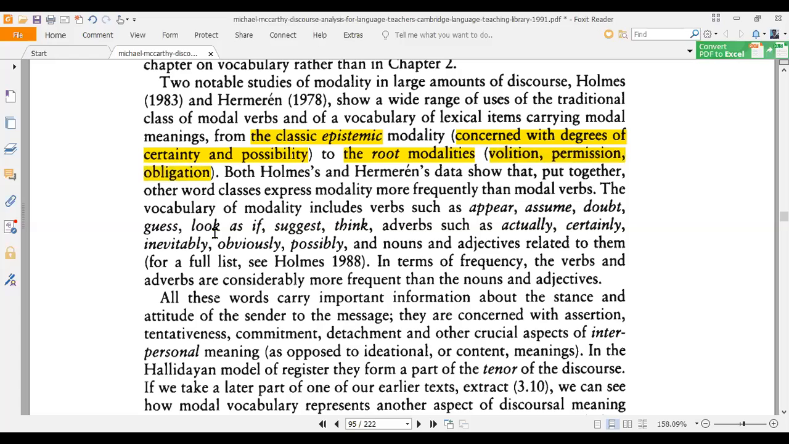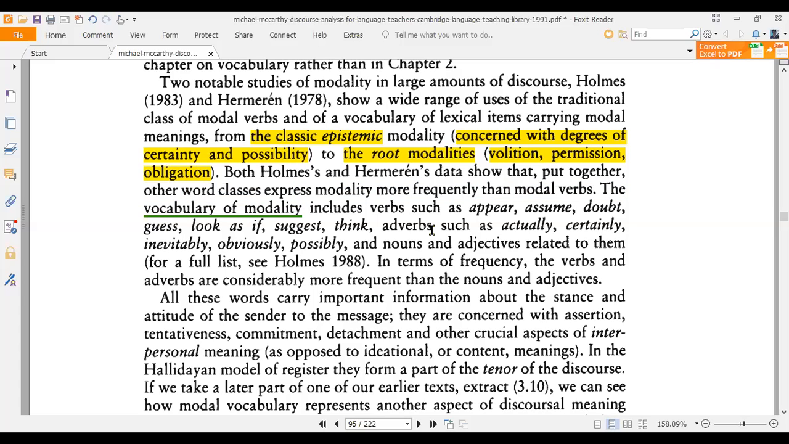Both Holmes's and Hermeren's data show that, put together, other word classes express modality more frequently than modal verbs. You see that not exact modal verbs but other word classes are used, and more frequently than modal verbs. The vocabulary of modality includes verbs,